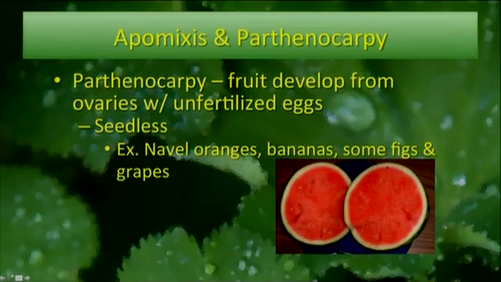Remember, parthenocarpy means virgin birth. So what happens is that you have a fruit developing even though the eggs were not fertilized. That's desirable to us humans because what's easier to eat, right? A fruit with seeds or a fruit without seeds. I mean, with watermelon, you can swallow the seeds, but then somebody will tease you and tell you that you're going to grow a watermelon, you know.